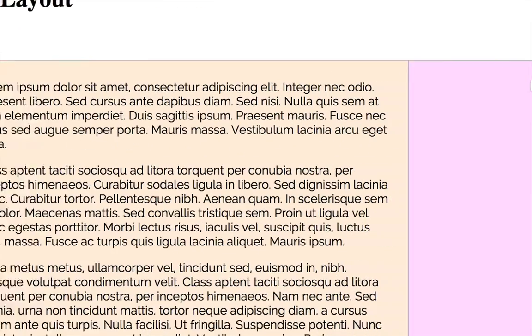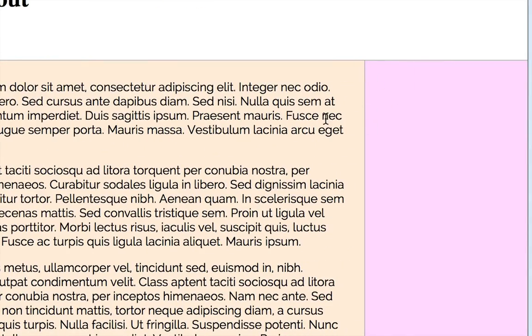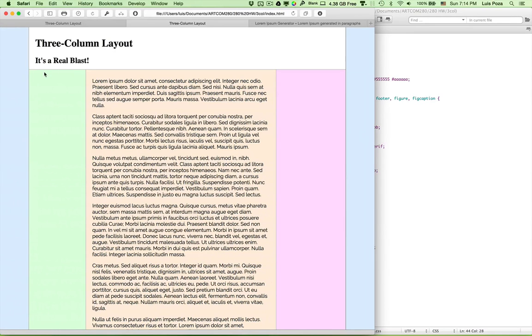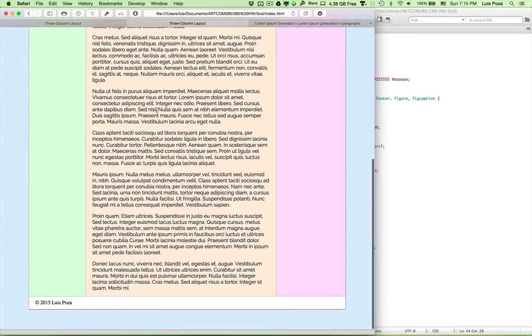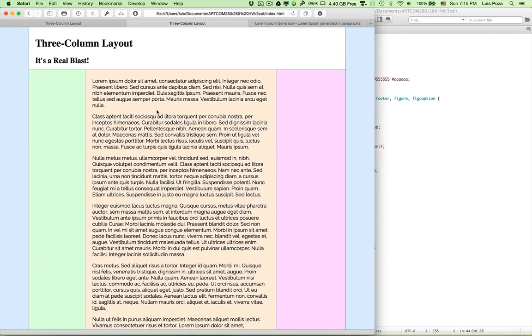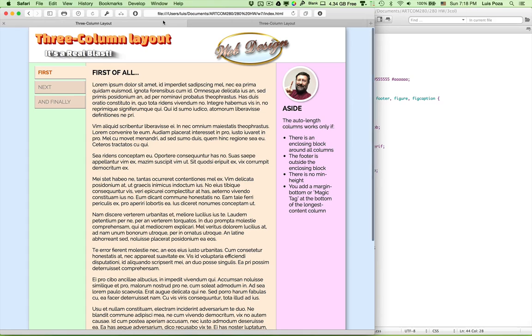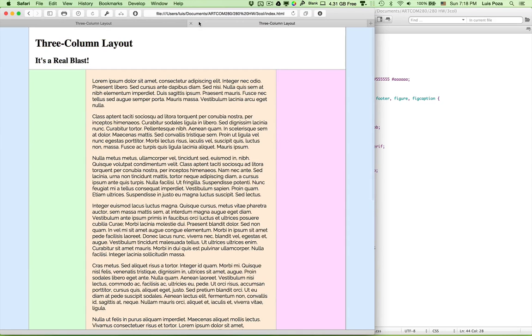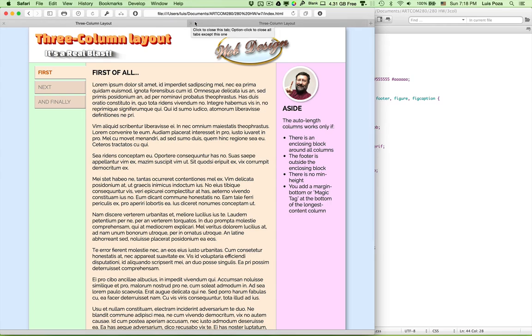See, now we've got this nice border. Now notice there's no empty space because we filled it all up with the width and the padding and the borders. And so now the page looks pretty good. Now we can compare this to what we have in the finished product, and you can see that we're getting fairly similar here. We do need to work, however, on a lot of the details, and let's work next on